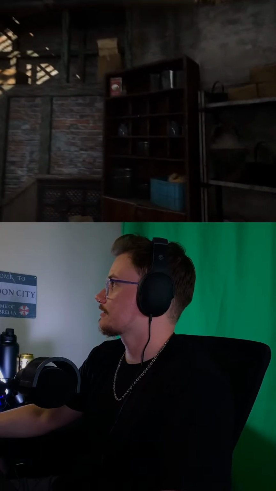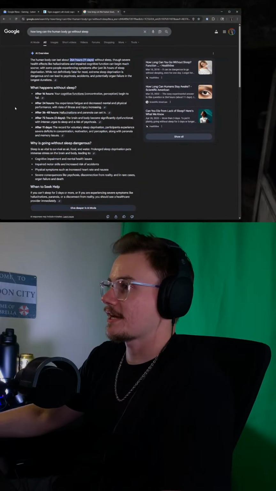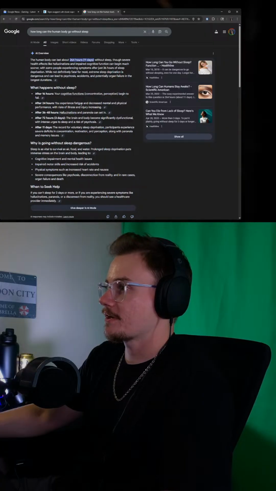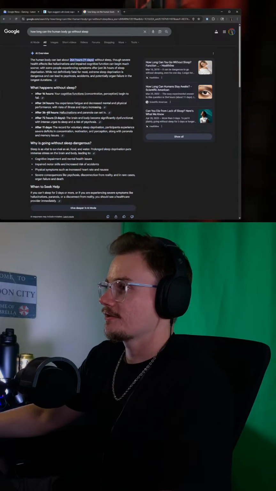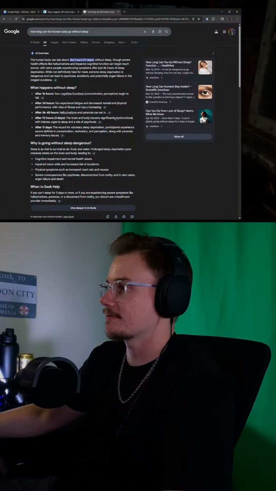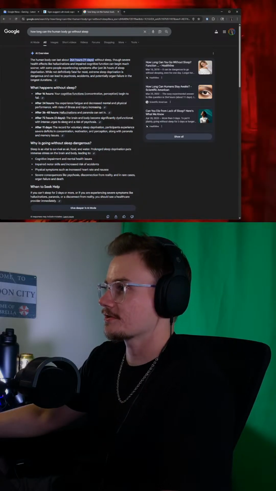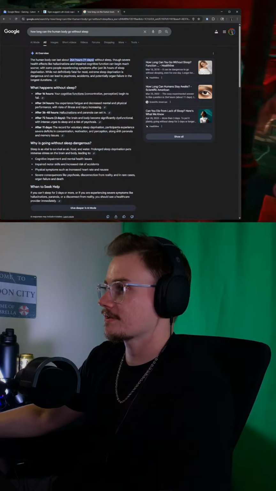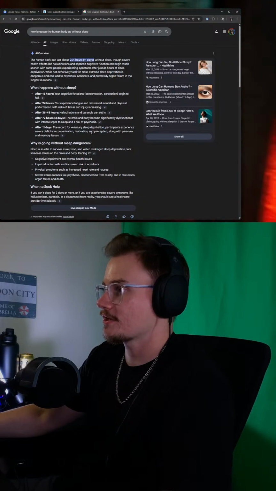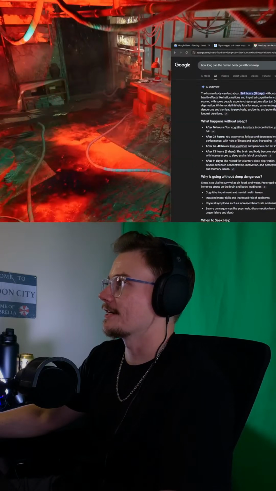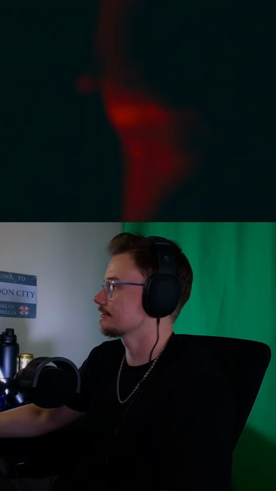After 16 hours, it says, your cognitive function, concentration, perception begin to fail. 24 hours, you experience fatigue and decreased mental and physical performance, risk of illness and injury increasing. 36 to 48 hours, hallucinations, paranoia set in. 72 hours, 3 days, brain and body become significantly dysfunctional, intense urges to sleep, and a risk of psychosis. 11 days, the record for voluntary sleep deprivation, participants experience severe deficits in concentration, motivation, perception, along with paranoia and memory issues. Crazy. What the fuck?